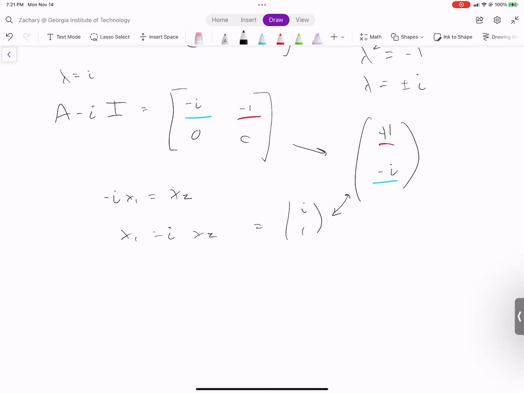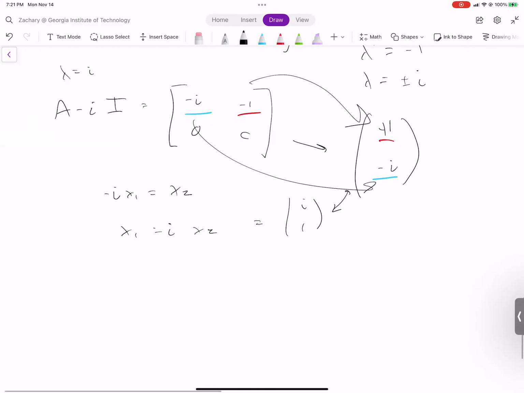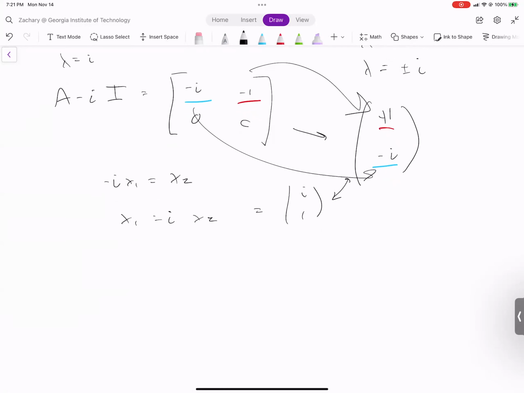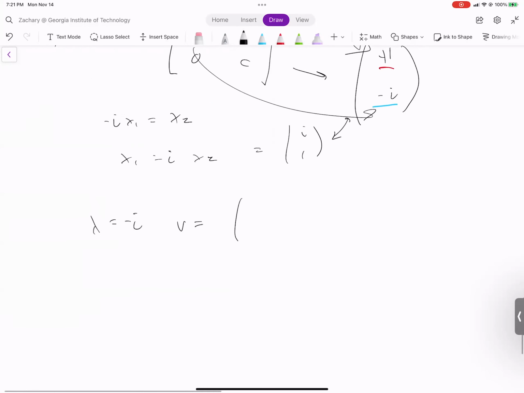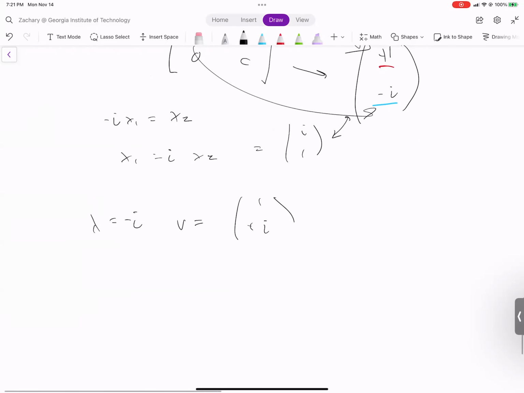But yeah, to get an eigenvector, just as a quick one and done, flip this one here, make one of them negative, okay? Another statement about complex eigenvalues is, obviously they're conjugates. So their eigenvectors are also conjugates, right? So for lambda equals -i, my vector must be 1, plus i, because a conjugate is just when you make the imaginary part negative. You multiply the imaginary part by -1. Okay.